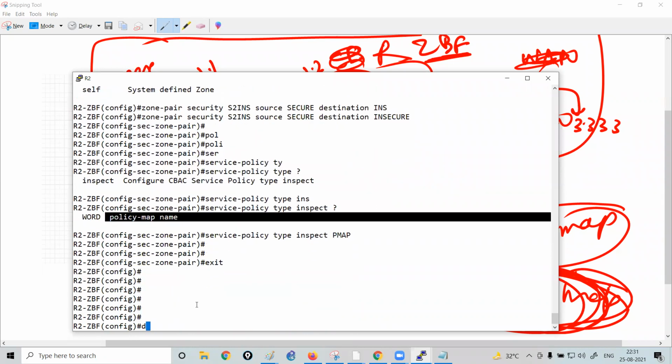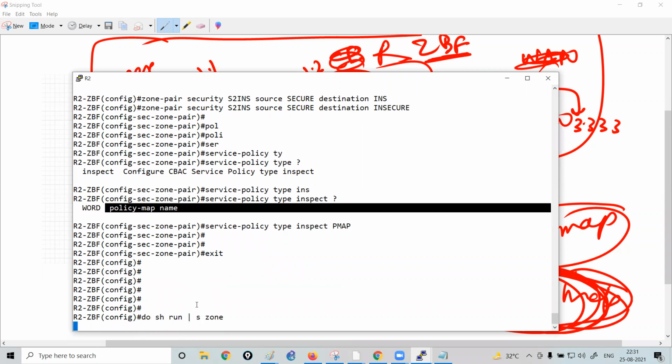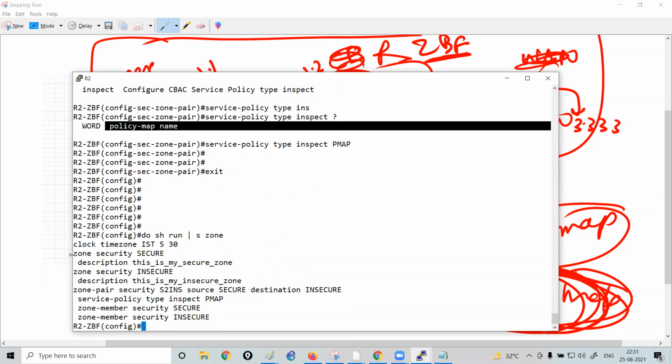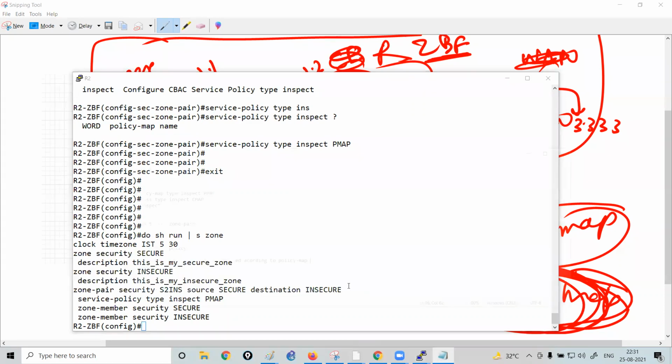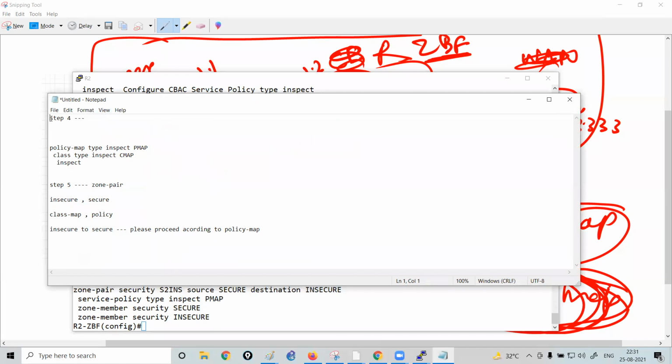So first of all, do show run pipe section zone. Step 1.